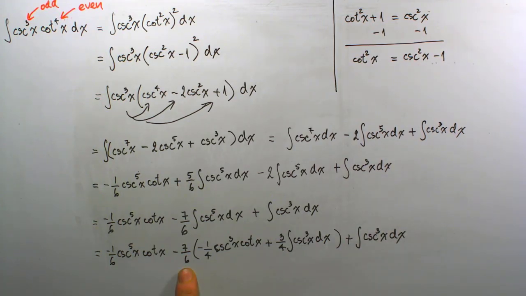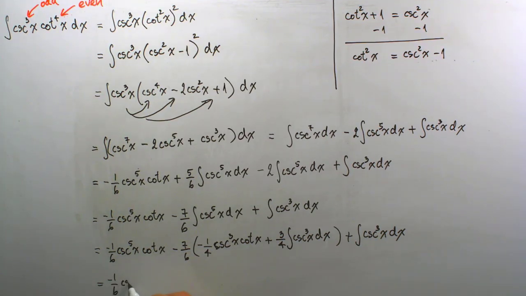And definitely I will distribute this negative 7/6 for each of my terms right here. So in the next step, the very beginning term right here that was already finished, I'm going to just copy it down. Minus 1/6 cosecant to the 5th of x, cotangent of x. Minus 7/6 times minus 1/4 will give me plus 7/24 cosecant cube of x cotangent of x